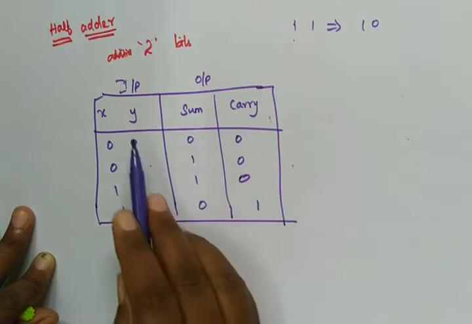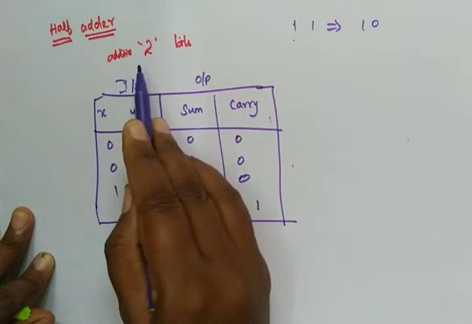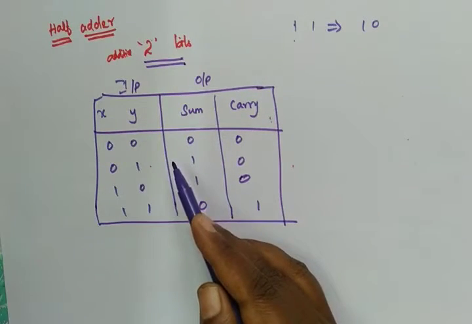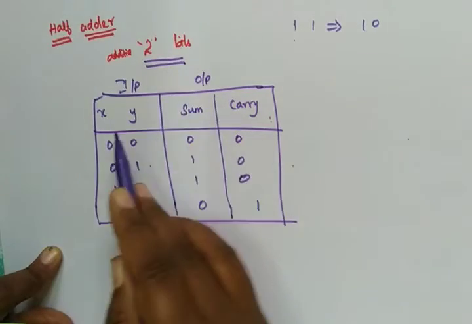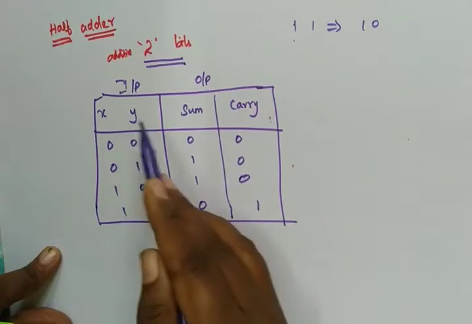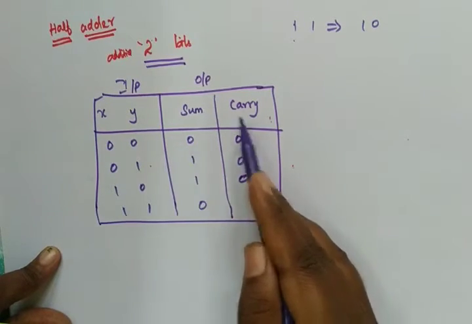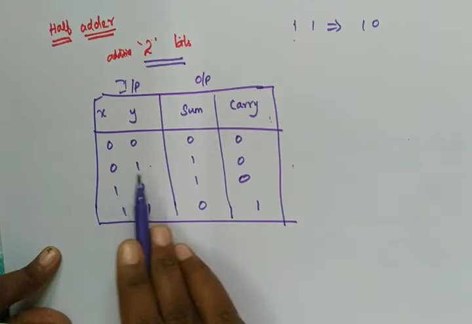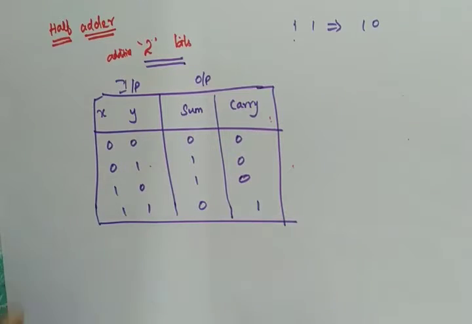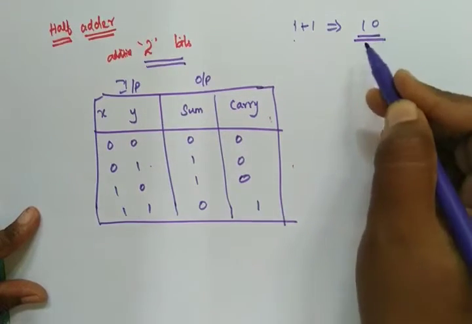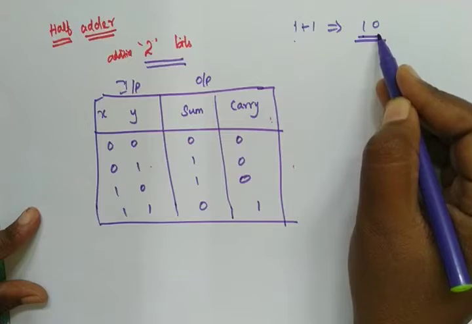So the truth table of the half adder is, why are we using only 2 bits? Because it is a half adder, it adds only 2 bits. That's why it is called a half adder, a combinational circuit which performs the addition of 2 bits. So let us take any 2 bits, either A, B, X, Y. Whatever it may be, we can use any variable. For adders, the output will always be sum and carry. So sum means 0 plus 0, 0 plus 1, 1 plus 0, 1 plus 1. Since we are adding in this binary operation, 1 plus 1 will be equal to 10. So always this 1 will be carry and 0 is sum.